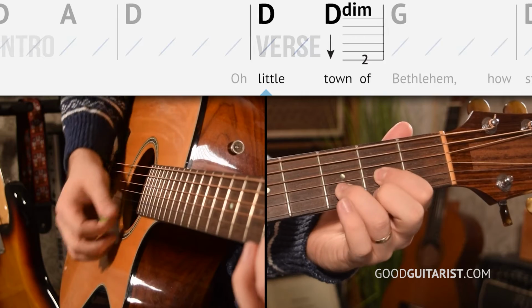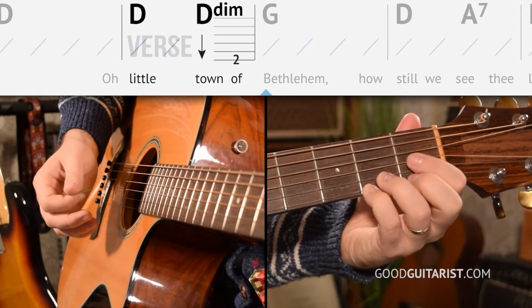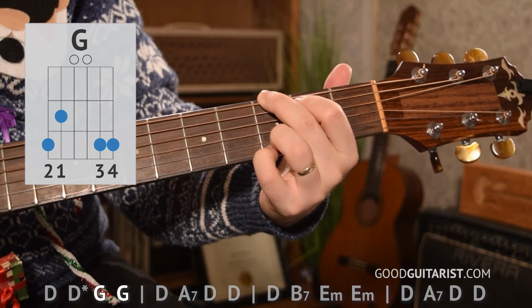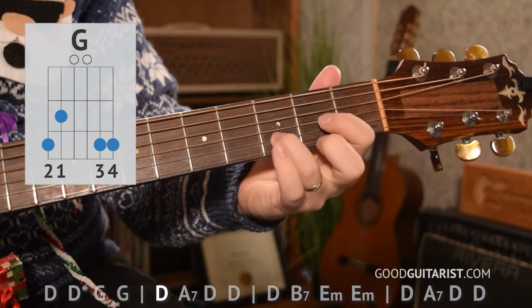Oh, little town of... And then we can slide our pinky to the 3rd fret and play our G chord, which is the next chord. Bethlehem. And then from there, I pivot off my ring finger. D,